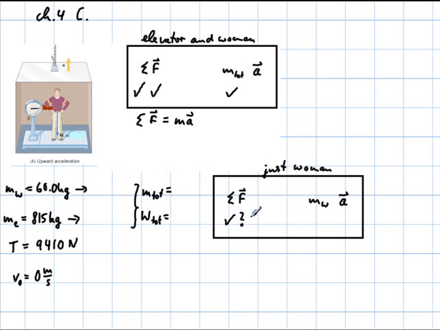But in this case, that's not the case, because there is a net force pulling up the entire elevator, including the woman. So the normal force in this case, we expect that it's going to be larger, because the elevator is accelerated up. Okay, anyway,